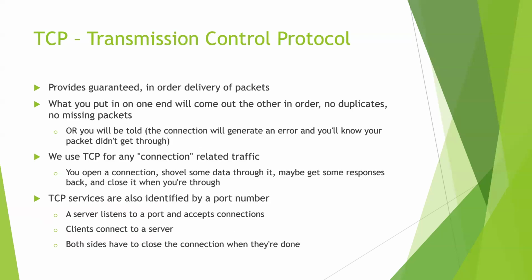Okay. TCP, or Transmission Control Protocol, does provide guaranteed in-order delivery of packets, no duplicates. You'll get the packets out in the order that they were put in from the application layer. So it puts them in a queue and it gets an acknowledgement. TCP will automatically request retransmissions of packets that didn't make it. It'll maintain this connected status. So you'll either know that it got there or you'll know that it didn't get there.